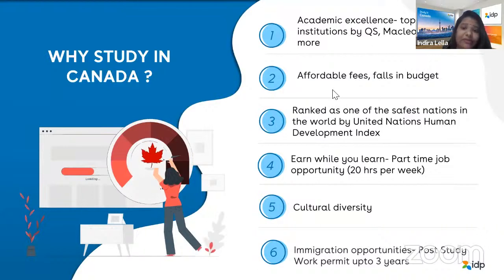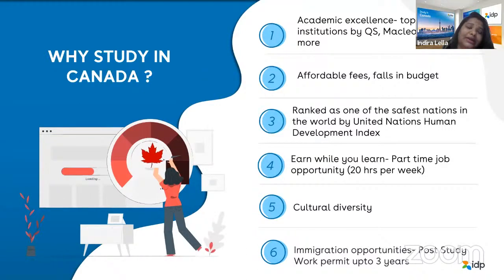And the next thing is how affordable the tuition could be and what is the budget and all that. Obviously you want to go for a nice institution, but it is going to cost you lakhs and lakhs together. Will that be a good choice for you? It may not be a good choice for most of us, right? So you have to check the affordability and whether it falls into your budget or not. And of course, apart from being a good college, apart from being a financially fit option for us, it is also important to see whether we are going to a safe option or not.